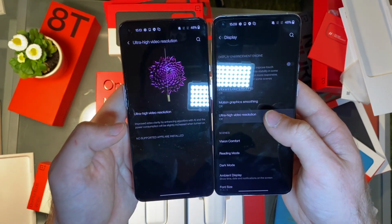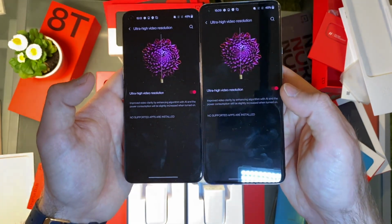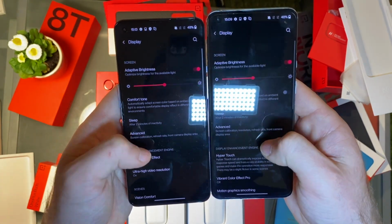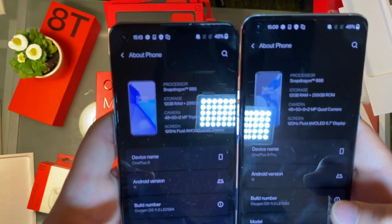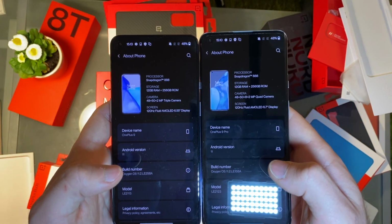And then you can see that we can also turn on ultra high video resolution, because the displays are high resolution, but some people don't have fast internet or movies downloaded, and actually this phone can render the video a little bit in a better resolution if you want that. Now if you look at the specs in the about section, again same as I told you before,